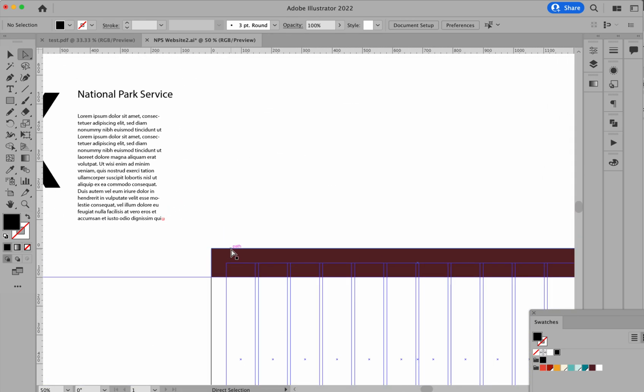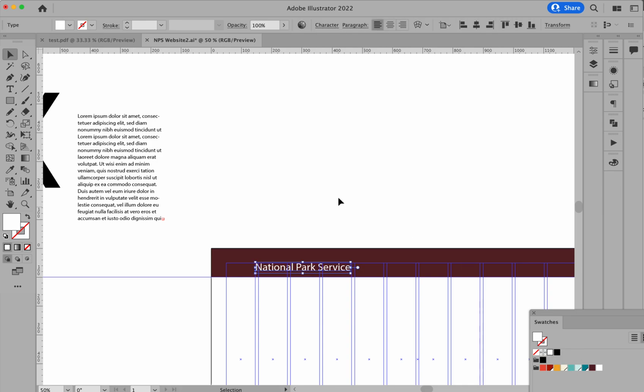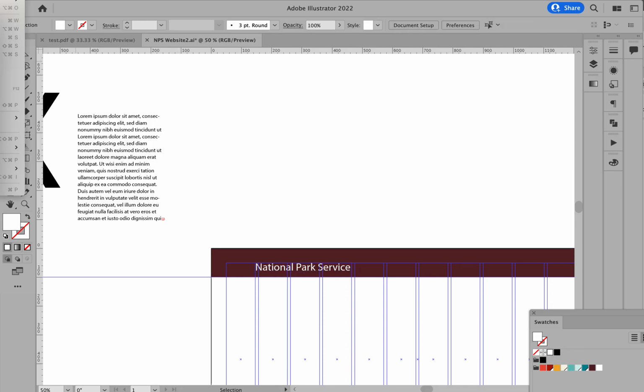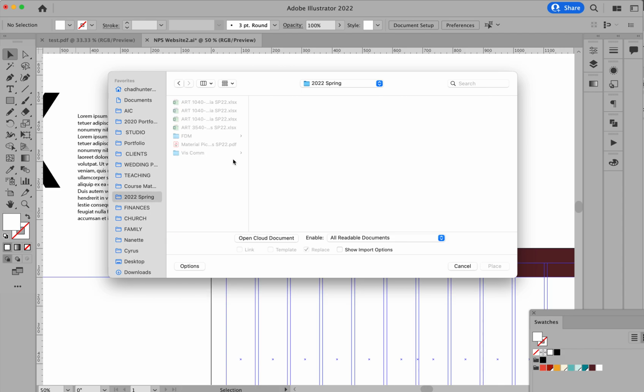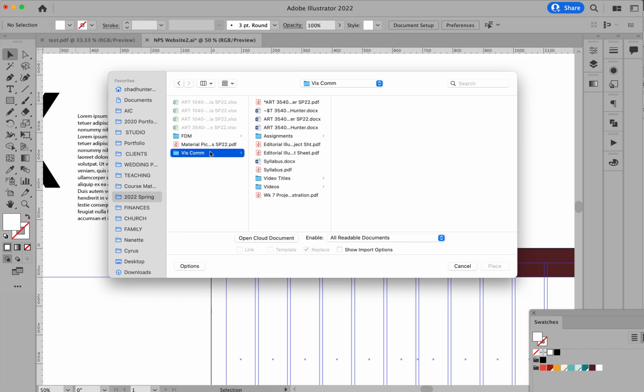Okay, so what I'm going to do is move this National Park Service probably in here somewhere, probably change it white so we can see it. I'm going to go File, Place, and then I'll go grab,